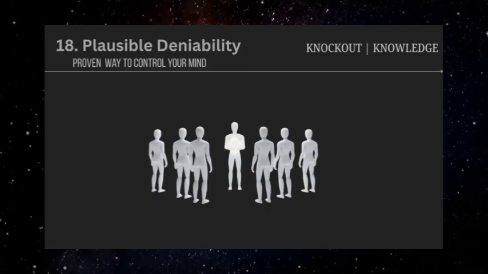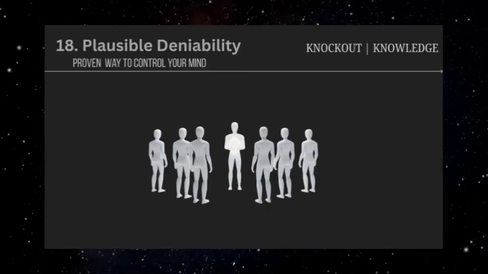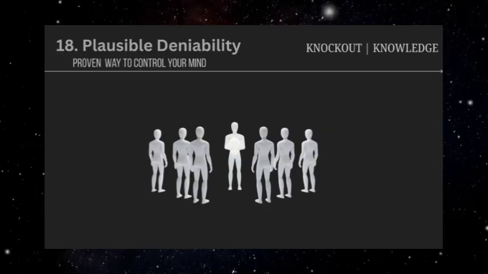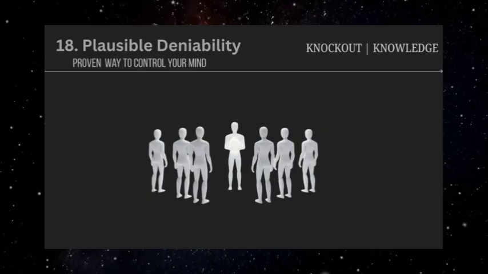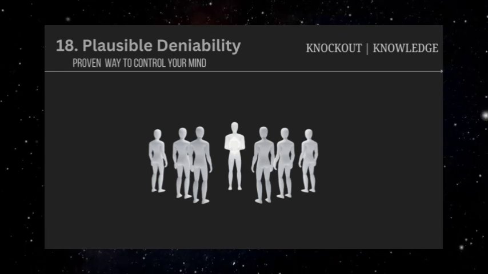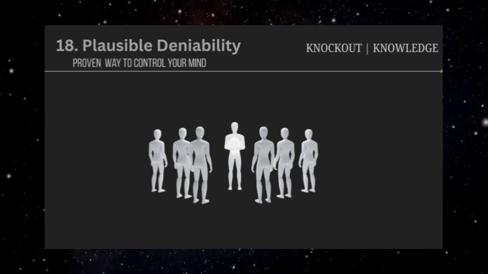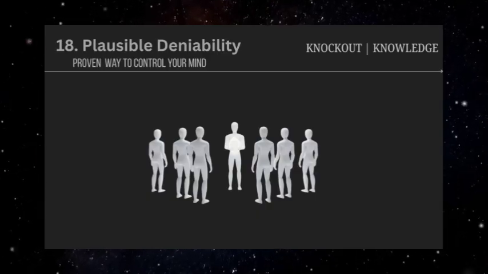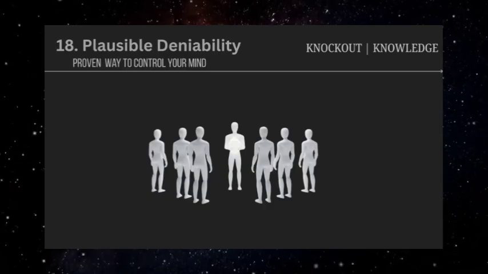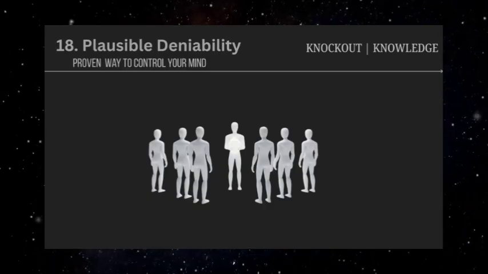The technique often involves careful word choice and timing. A manipulator might make subtle insults disguised as compliments, ask invasive questions framed as concern, or make demands that sound like suggestions. When confronted, they can point to the literal interpretation of their words while denying any harmful intent behind them. Workplace manipulation frequently uses plausible deniability to avoid harassment or discrimination claims.